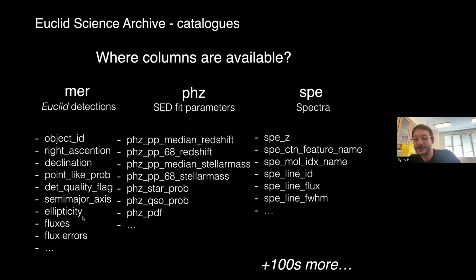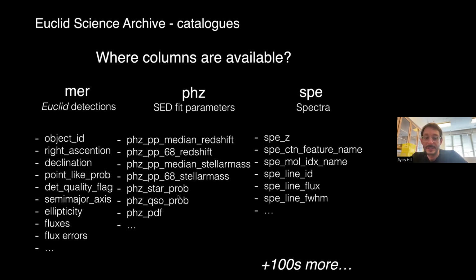There are things related to the shapes, ellipticity, semi-major axis. There are flags like point-like probability, detection quality, and fluxes measured in 20 different ways. So you can do all sorts of stuff. And when you fit an SED, you don't just get one number for the best-fit physical parameter. You actually get a probability distribution, so you can get 68% confidence intervals, medians, modes, means of the